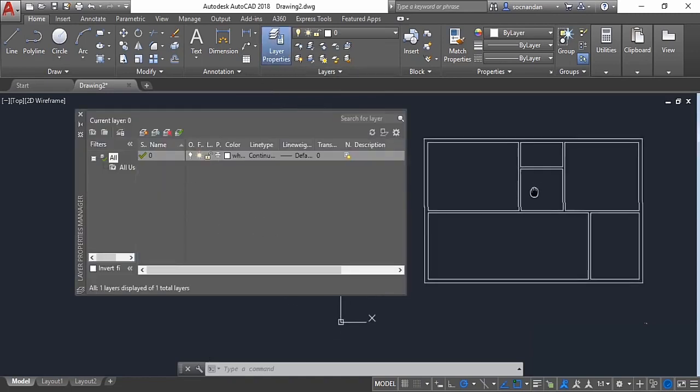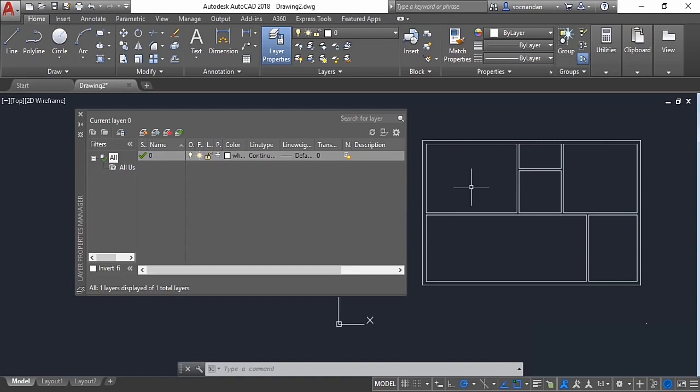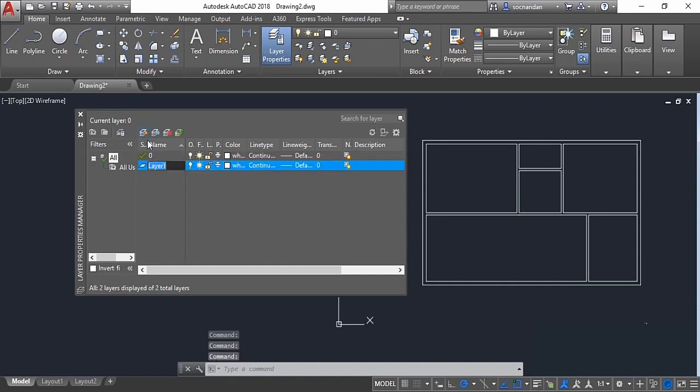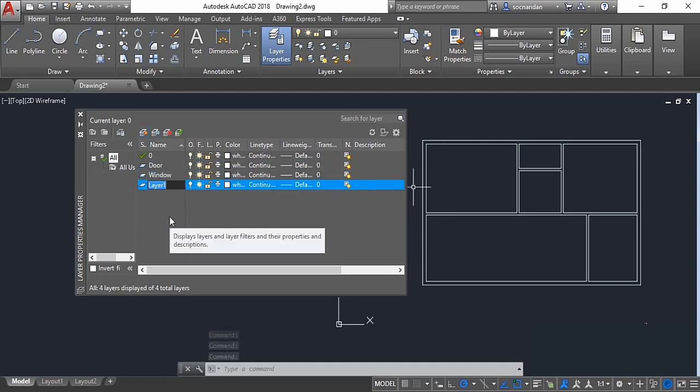We need to add these layers because we will place different objects on different layers for easy classification, and that's the general way of making these drawings. You should also try to put different kinds of objects on different layers. So I'll click on this new layer option and add a new layer, door. Click on this again and type window, the same icon, and type blocks,